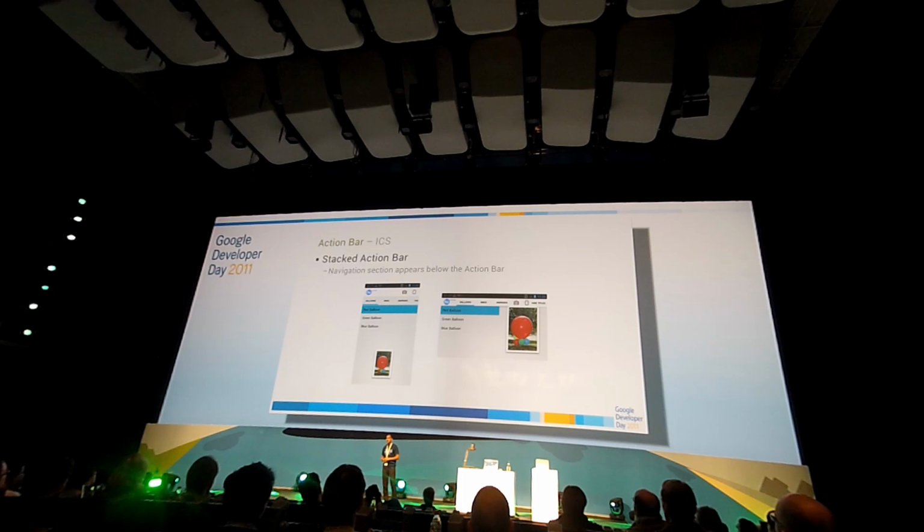So here's the stacked action bar. Basically, if there isn't enough room on the device, the action bar will go into multiple rows. So here the tabs have been forced onto the second row. The interesting thing to note is this is completely reacting to how much space there is at